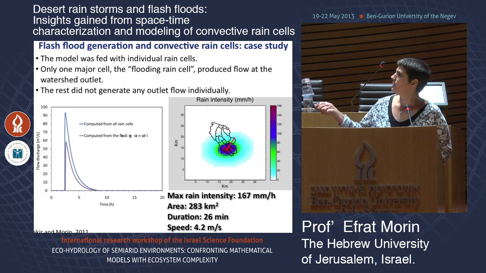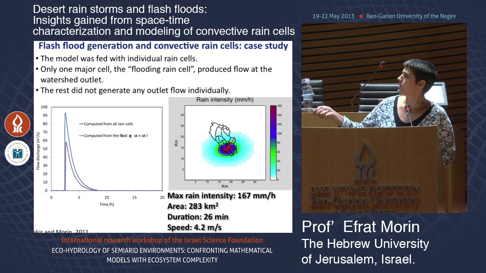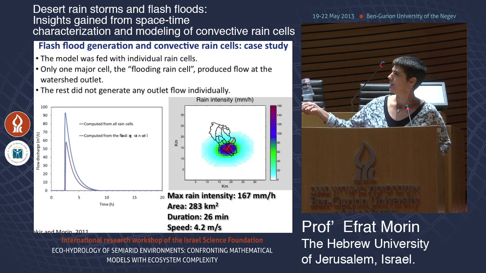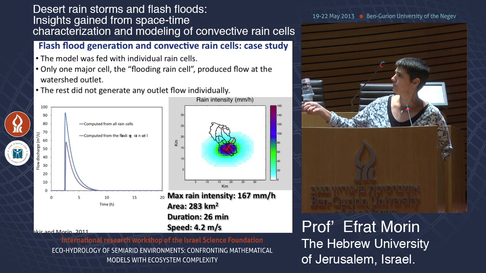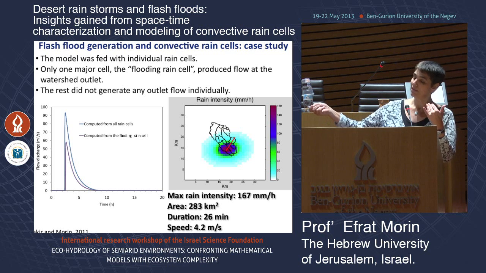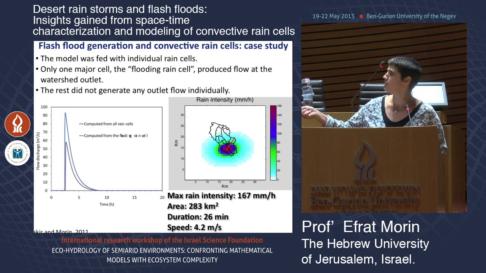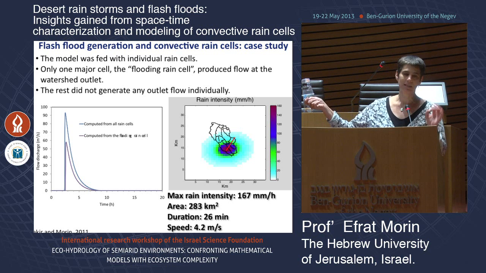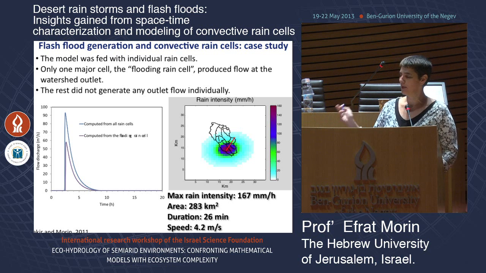So, and this is the cell. This specific cell, we see its characteristics. It's quite large in size. It's quite long. If you remember, the average was 13 minutes, so it's a relatively long duration, and the speed is relatively slow, which is very, very important. I will show this. So first, we identify that this is one convective rain cell that was responsible for this